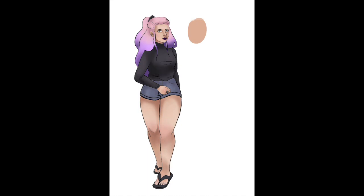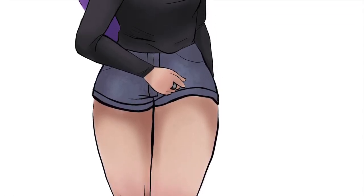But so she's the main character of that story, and hopefully that interests you enough that I can show you more later. So next we've moved on to the third